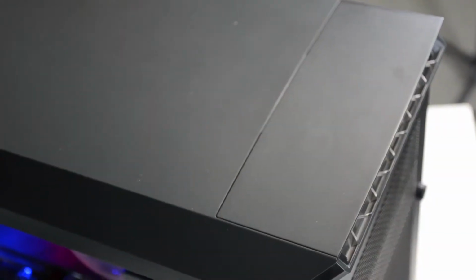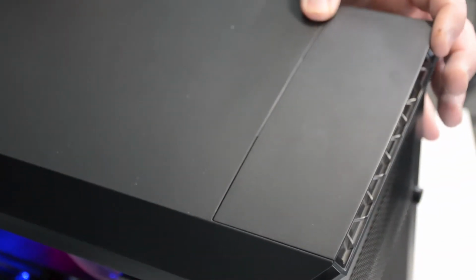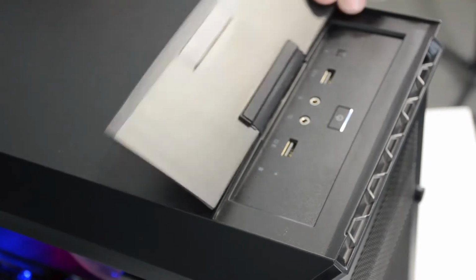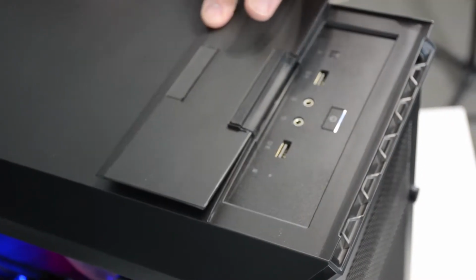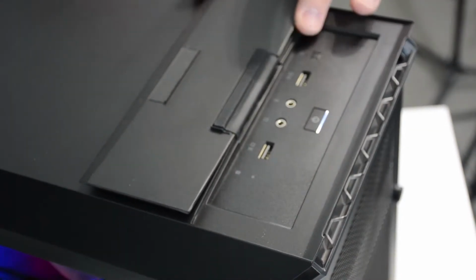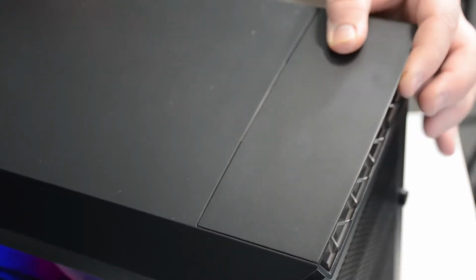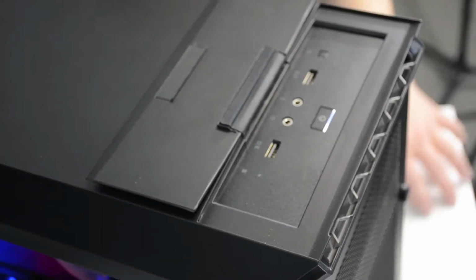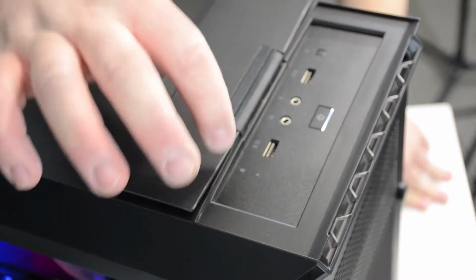So one of the key features of the Mastercase Pro 6 is their flush I/O. You have a little plastic door on a rubber hinge, which I love that feature because plastic hinges break, rubber doesn't. When you fold it over, it has a magnet that holds it down. When you open it up, you got 3 USB 3, the audio in and out, power reset, and a hard